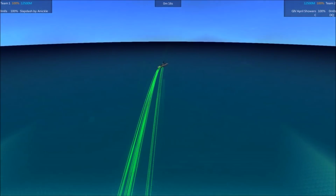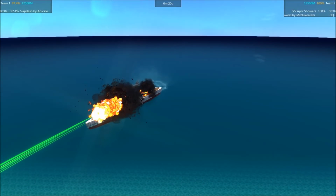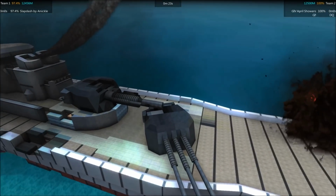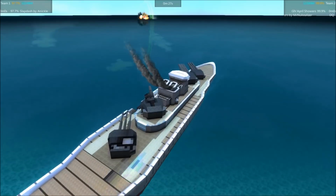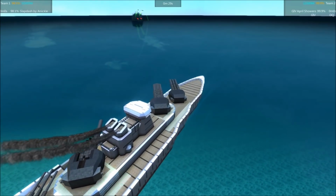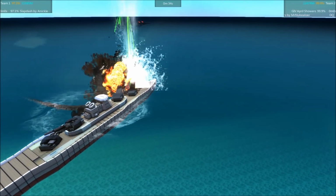A lot of it comes down to, I think, this first initial volley from the April Showers. Yeah, there it goes. Heavy damage to the rear weaponry of the Slapdash. That is not good for the Slapdash. That is very, very bad news. Almost half of its armament was destroyed in the very first volley by the April Showers. And without those guns to fire back...